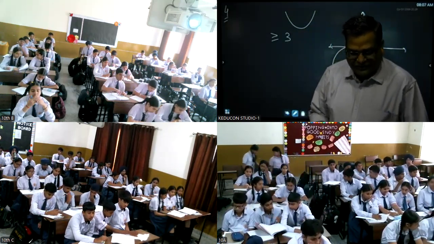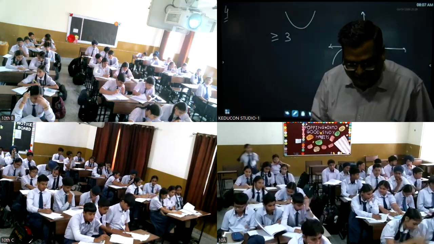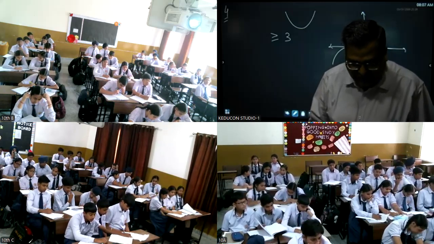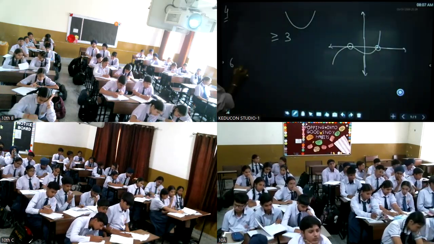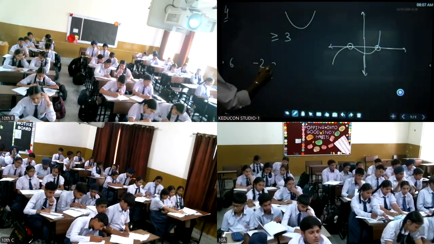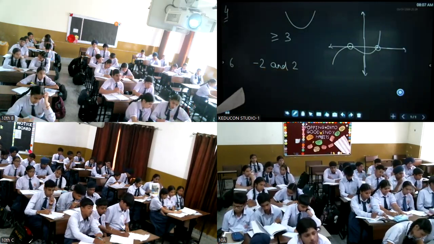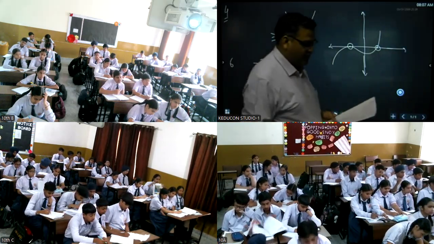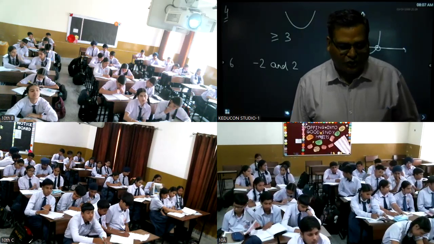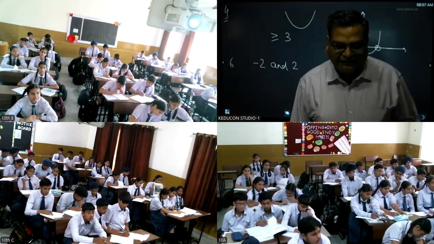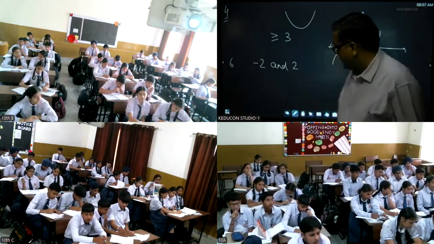Then come to the 6th question. The number of zeros lying between, यहाँ पे बच्चे -2 and 2 आना चाहिए था. ये 6th क्वेश्चन में करेक्शन कर लेना बेटा. Between -2 and 2, how many zeros will be there? 2 zeros, right? देखिए -2 और 2 के बीच में 2 पॉइंट्स को कट कर रहा है ग्राफ. Yes. Next question,